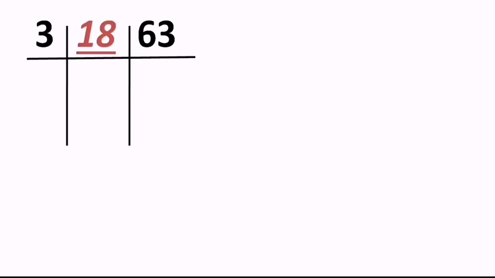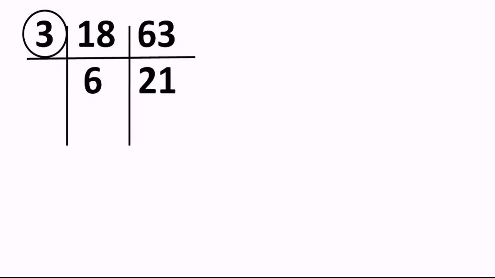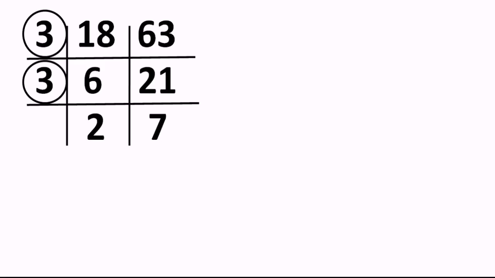And what we get over here, when you divide 18 by 3, we get the answer 6, and 63 divided by 3, we get the answer 21. Okay, again we can use 3, right? And do not forget to encircle 3, because 3 has divided both 18 also and 63 also. Now 6 and 21 both are divisible by 3, right? So 6 divided by 3, answer is 2, and 21 divided by 3, answer is 7. And now 3 has divided both 6 also and 21 also, and that is why I'm going to encircle it. Why encircle? Because all encircled numbers will be utilized for HCF. Don't forget that.